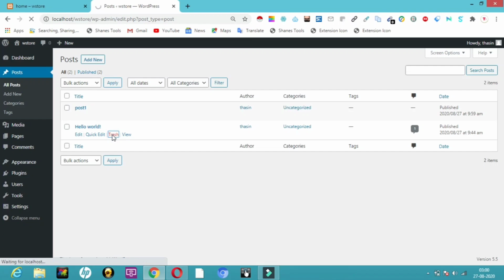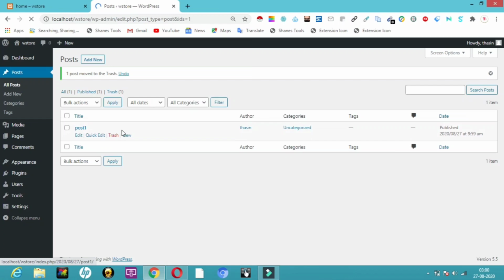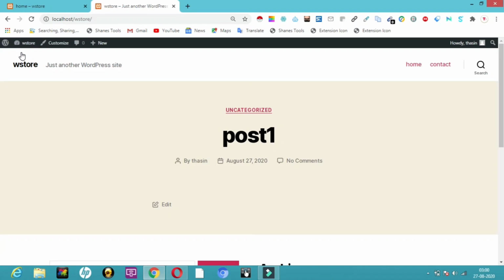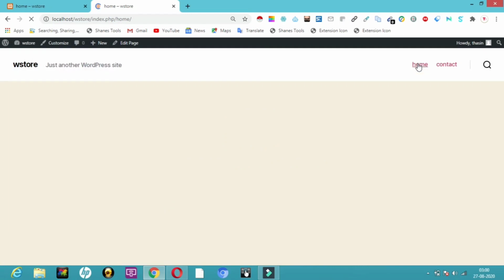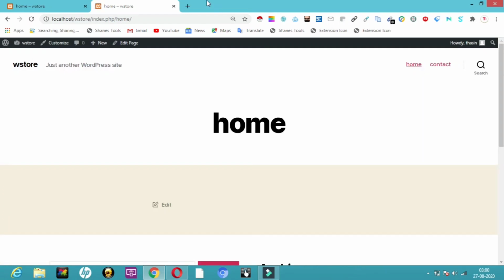So we have created a post called post 1. So let's find where it is displayed in our website, our post. So pages are the ones where we can have our home page, contact us page, services page, n number of pages you can have here. See, whenever we open, post 1 is shown here. Then if we click on home page, our home page will open. But I want all my post blogs to be in a separate page.